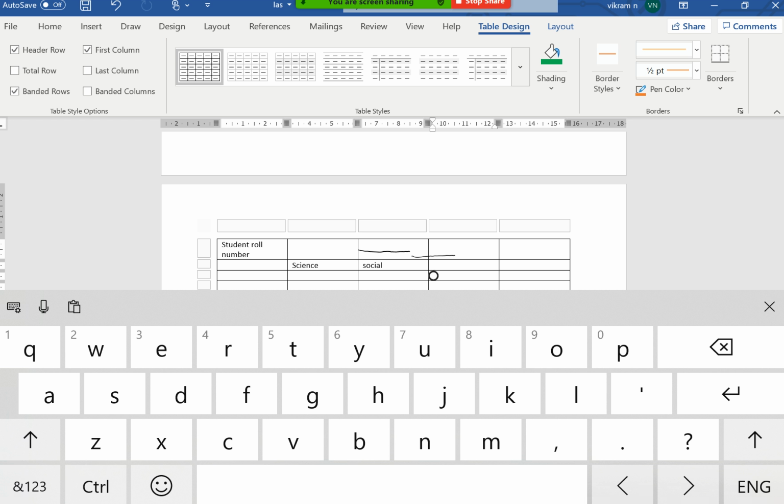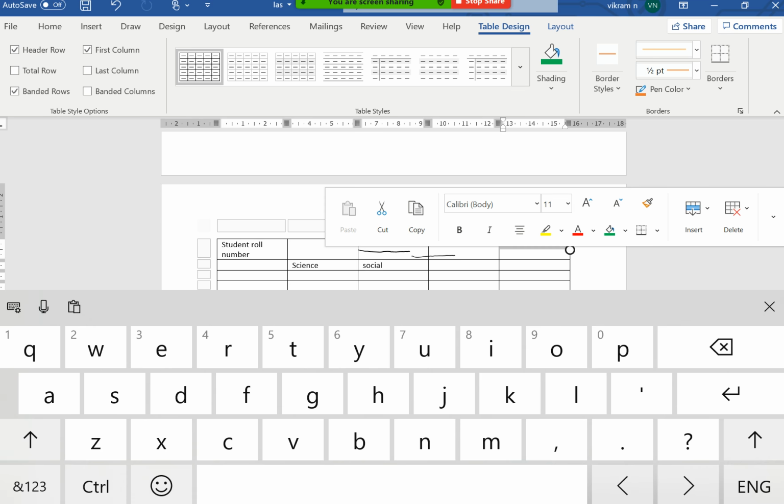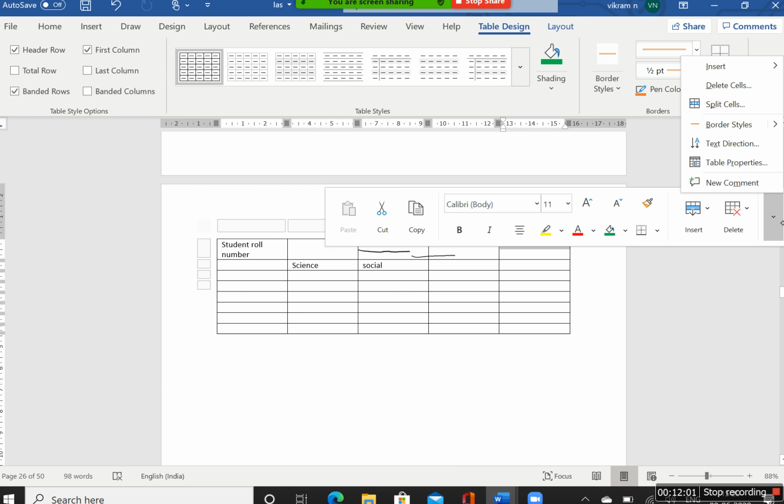Just 2 minutes. I'm selecting the things. I can find the option merge, split cells.